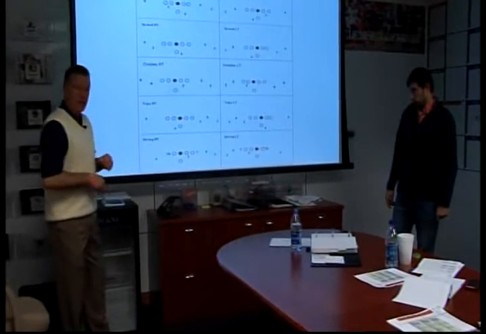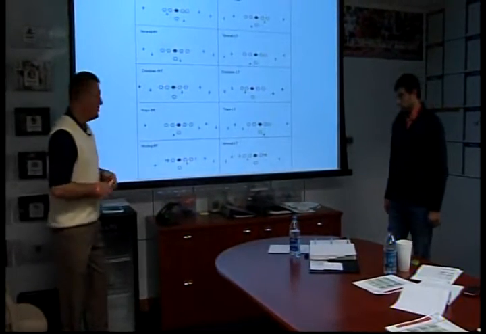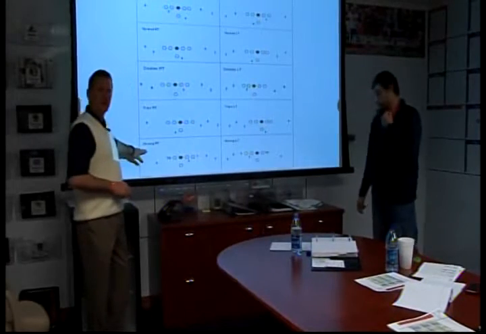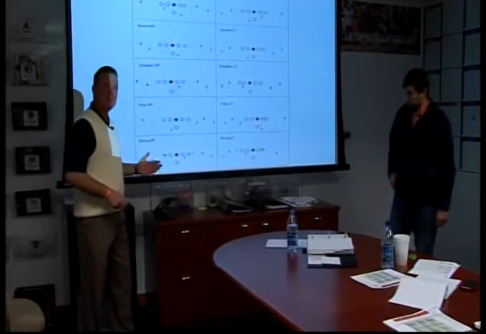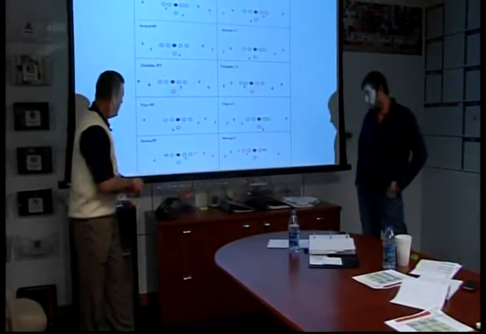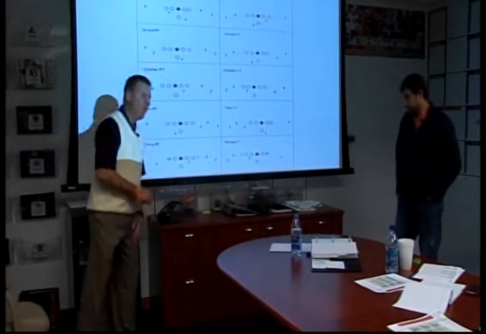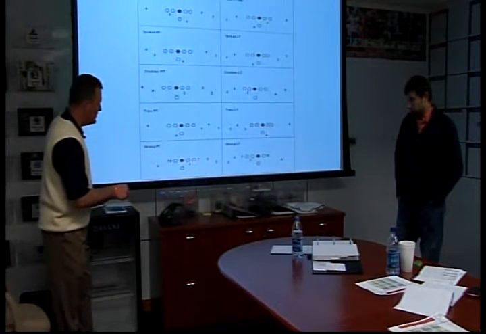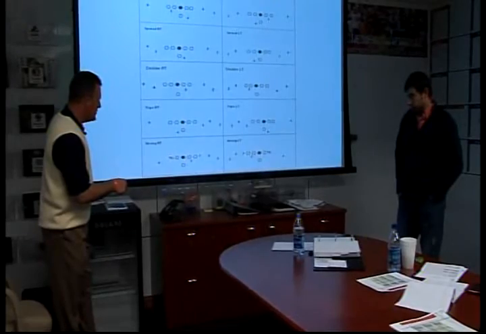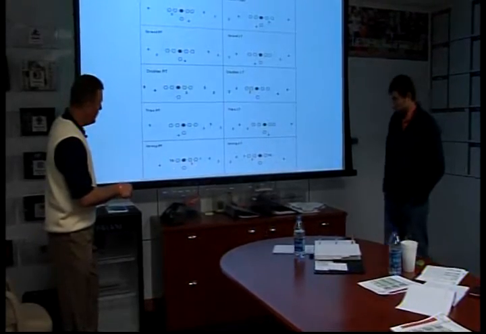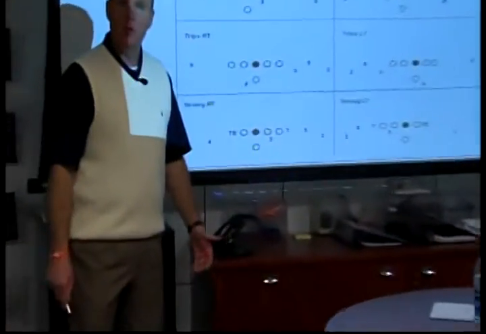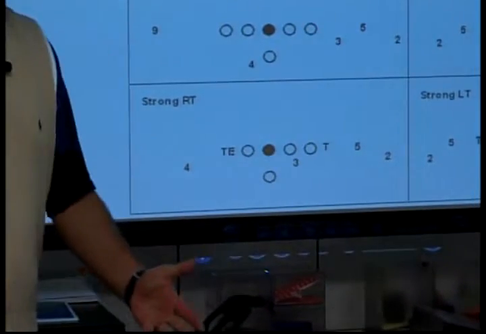Basically, strong right, again, quarterback's got to echo the formation. When he echoes the formation, it pulls the backside tackle over. It'll pull the left tackle over where you can get an unbalanced look. So you got tackle over. You're going to bring an extra tight end on the field. So you'll have more of a 12 personnel package. Very well could be a 13 personnel package if we wanted to add another tight end at a 5-man at